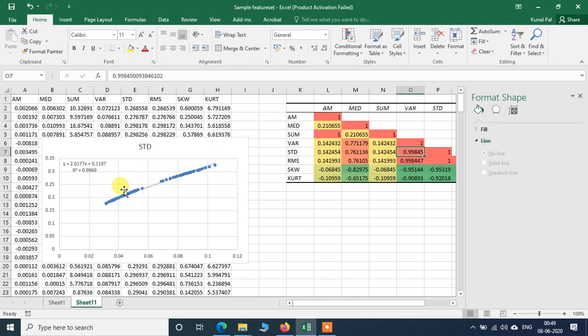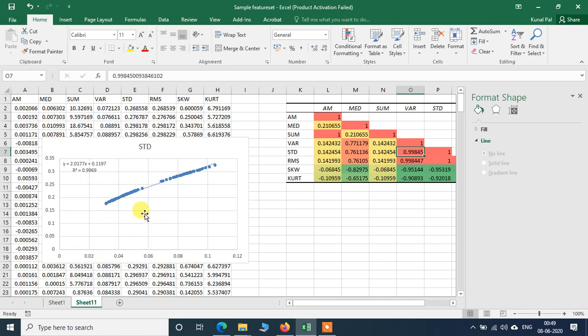However, in this chart, when we have drawn the model, this variation is basically between the model values of the trend line and the actual values of these points. These actual points are the variance and standard deviation, where standard deviation is on the y-axis and variance is on the x-axis.